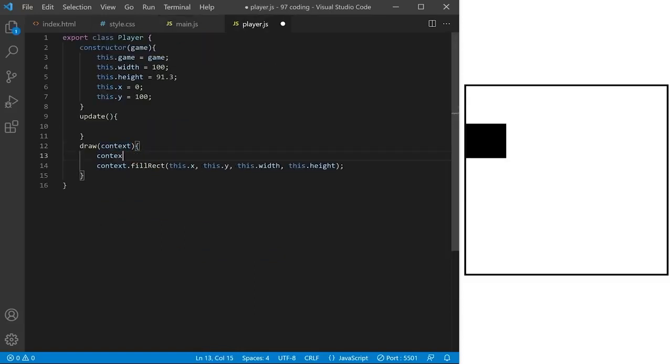This code inside the draw method on the player class will determine what the player looks like. I can make it red, for example. I can move it around by changing its coordinates. If I want to align the player on the bottom of the game area, the player object needs to be aware